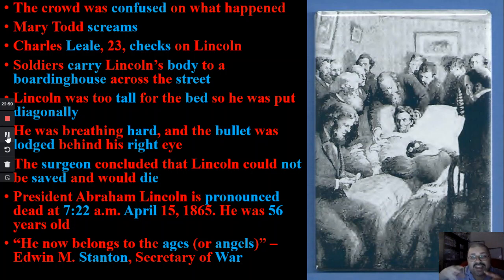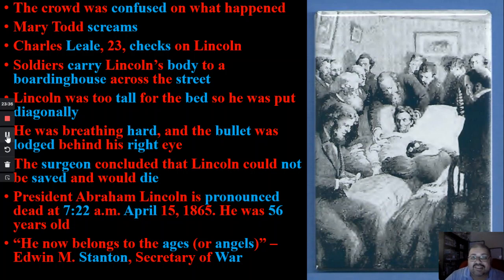By the time they get to the front doors, the streets are packed with people. So many people clamoring, crying, shouting, because they heard already that Lincoln has been shot. Now, across the street from the theater, there's a boarding house, and the owner's signaling them over, saying, "Hey, bring him over here, bring him over here." So the soldiers are carrying Lincoln through the crowd, and the crowd again are crying and screaming, and people are upset and confused. So when they bring in Lincoln, they put him to the bed.